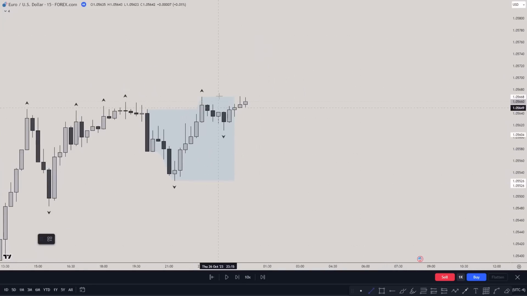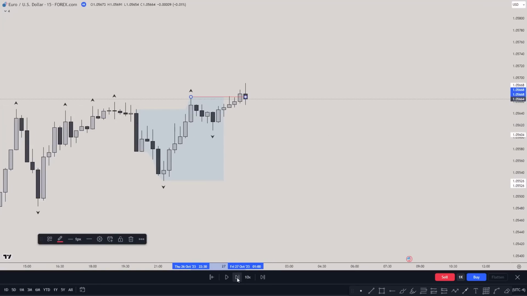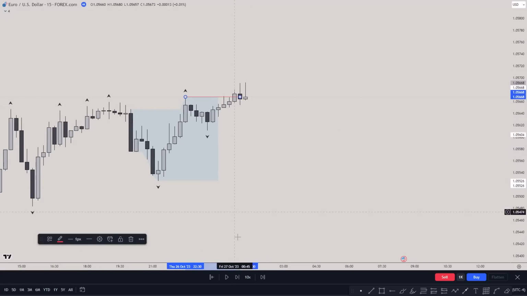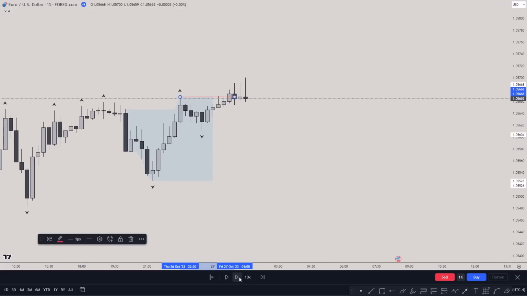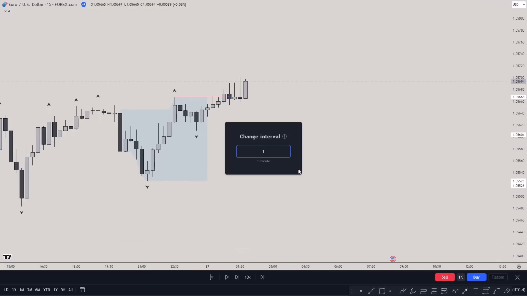What happened is price before 2 a.m., we're almost at midnight, took the Asian high, and there was no big displacement on either side. Price closed above, came back lower, goes up, and then kind of still with wicks, no big displacement, and some displacement right here. If I go to the 1 minute,